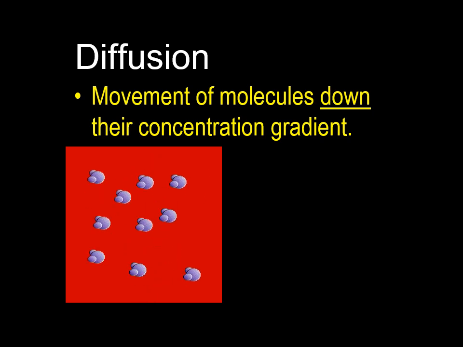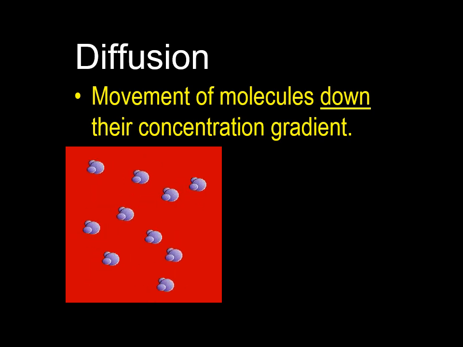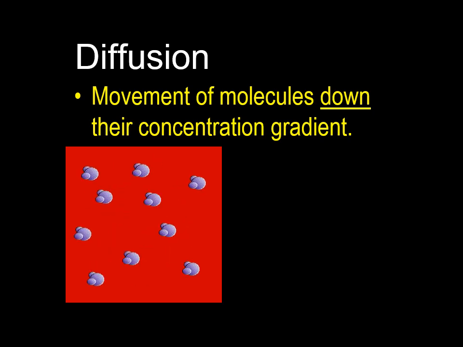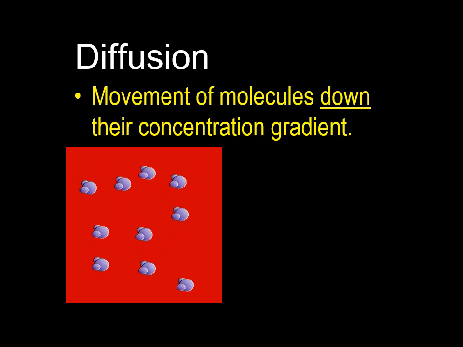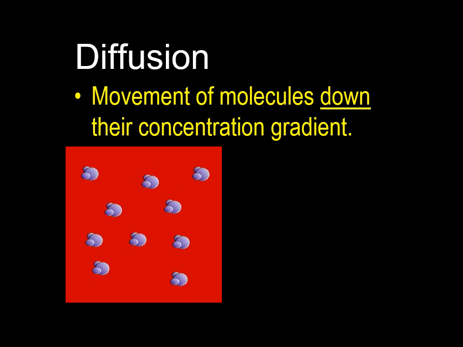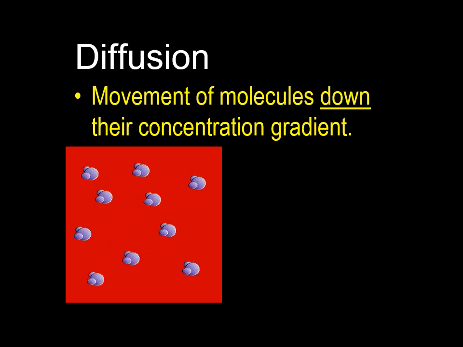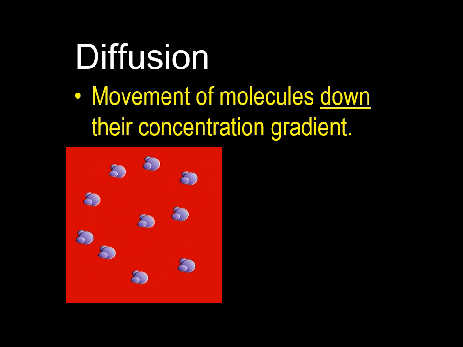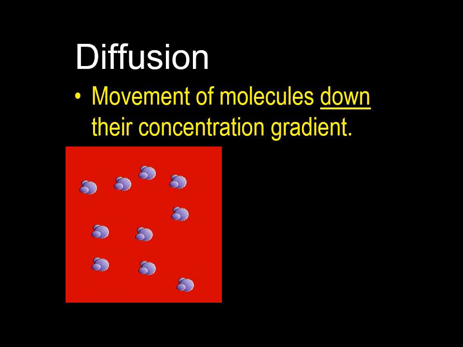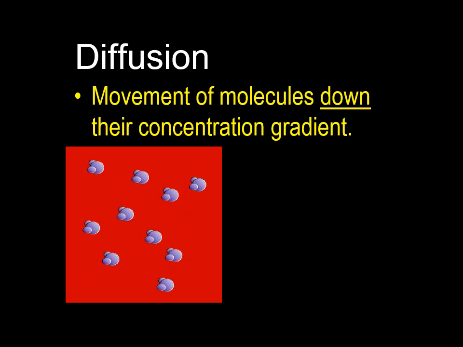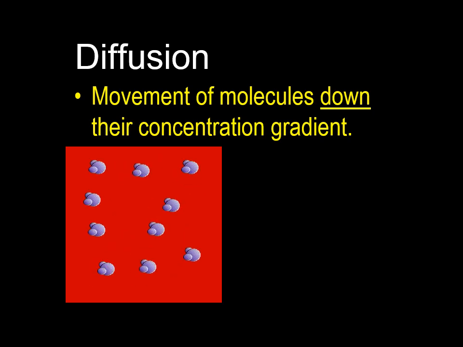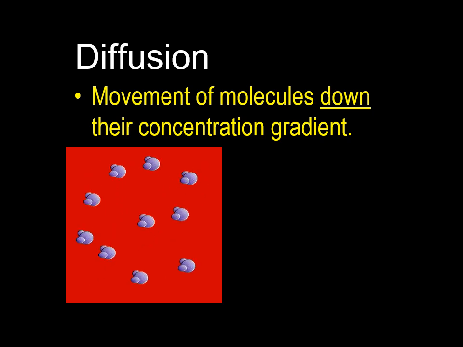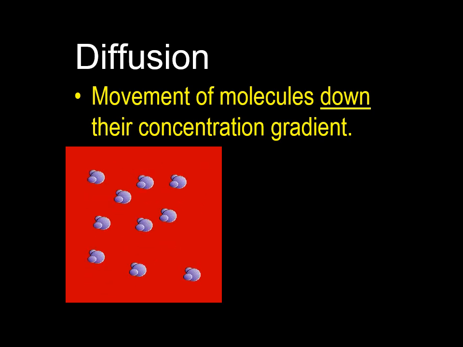Diffusion is the process of spontaneous movement of substances from regions of high to regions of low concentration. To understand how diffusion occurs, you need to understand that atoms and molecules are in constant motion. When we take the temperature of a solution, we are measuring the rate of motion of the molecules in the solution. The warmer the temperature, the greater the rate of motion, or kinetic energy.